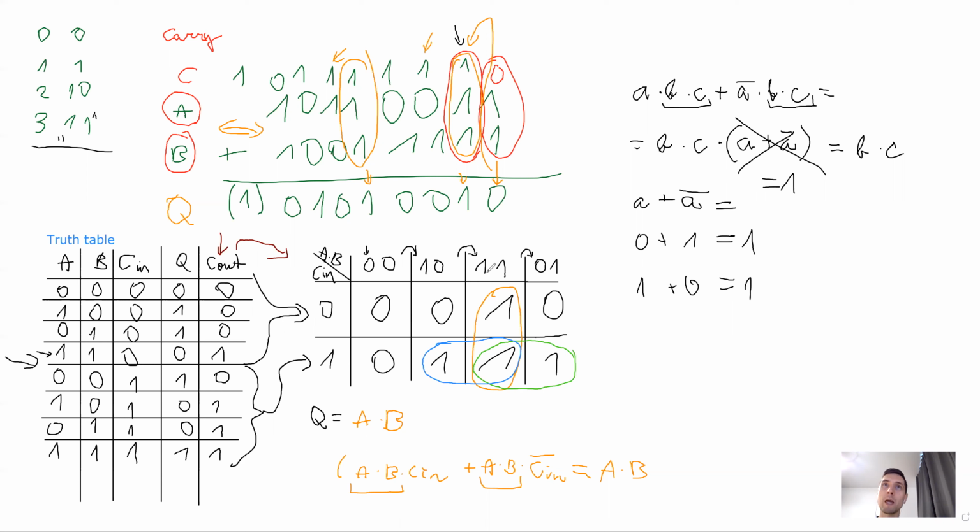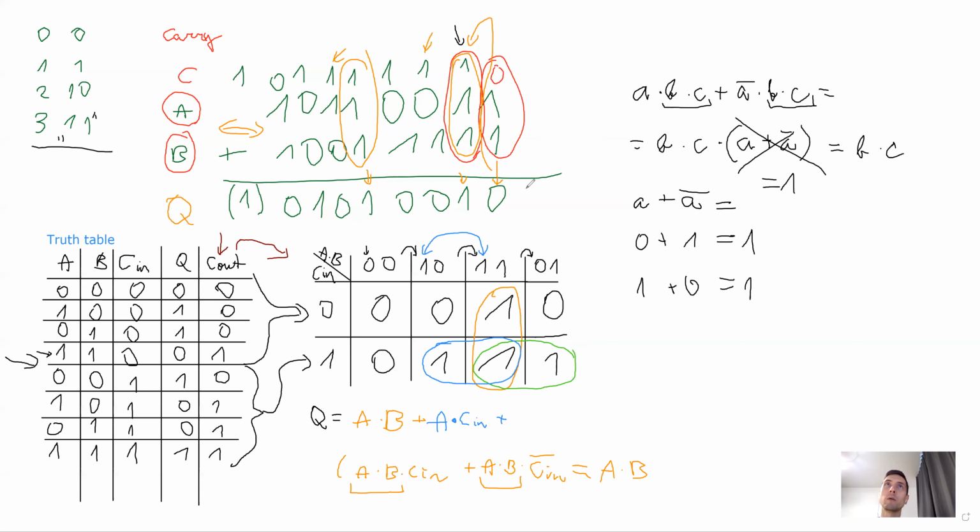So in this case, A and B are ones, and carry in is 0 or 1, so it cancels out, and we just write A times B plus. The second part is, for example, the blue one. In the blue one, carry in is 1, A is 1 and 1, so it didn't change. So I'll write A. B is 0 in one case and 1 in the other case, so it cancels out, because whether we had B equal to 0 or B equal to 1, the result was the same, so we just drop it out and not write it. So it will be A times skipped B, and carry in is 1 in both cases, so we write A times carry in